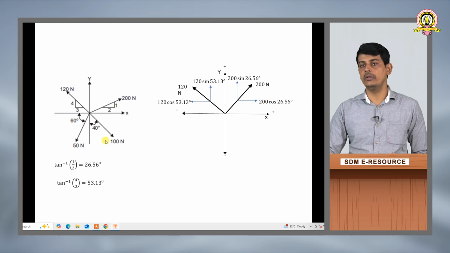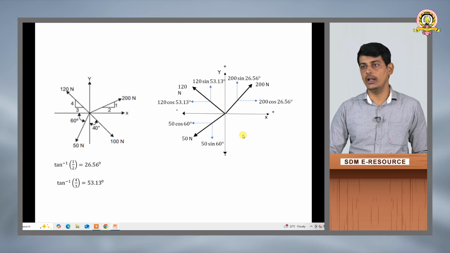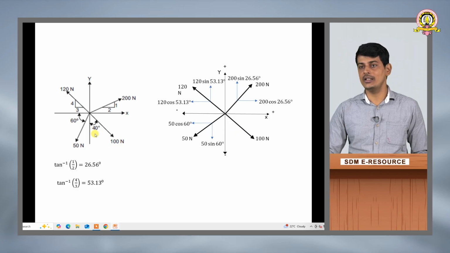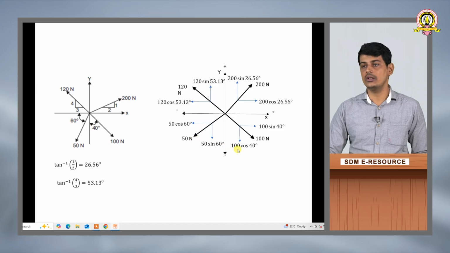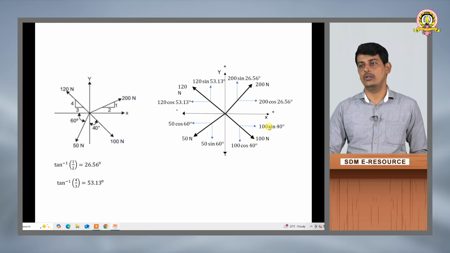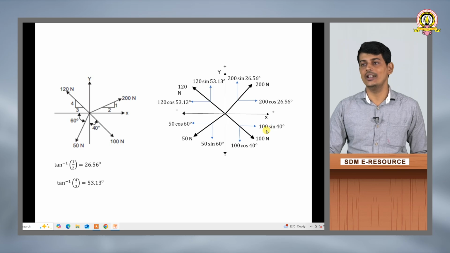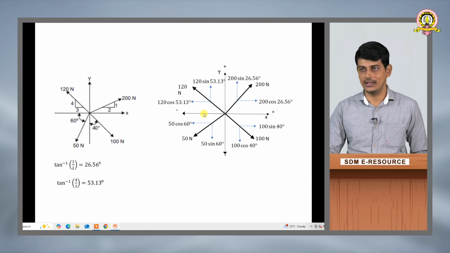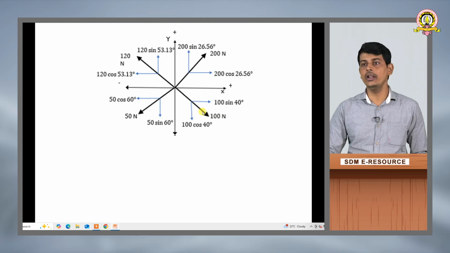Coming to the third force, 50 Newton, which makes an angle of 60 degrees with respect to the x axis, the components will be 50 cos 60 as the horizontal component and 50 sin 60 as the vertical component. Similarly, for the last force, 100 Newton, the angle is given with respect to the y axis. So the y component will be 100 cos 40 and the horizontal or x component will be 100 sin 40 degrees. This is the first step: resolving all the forces into horizontal as well as vertical axes. The next step is adding them